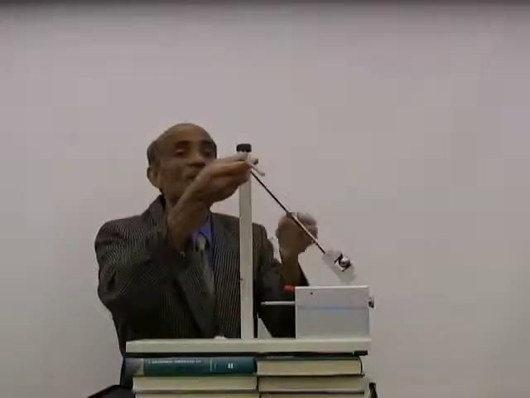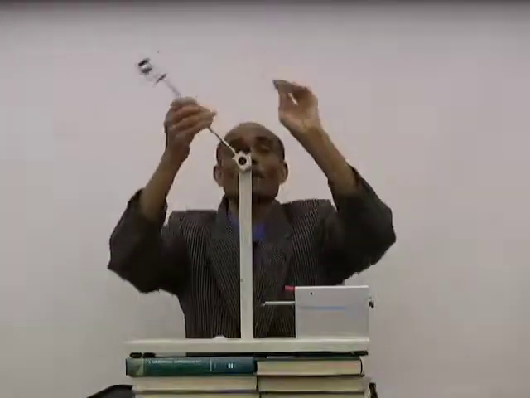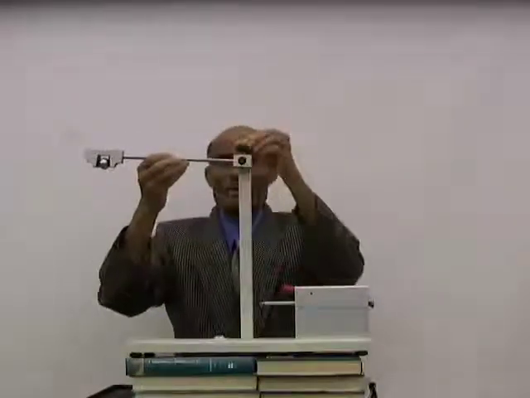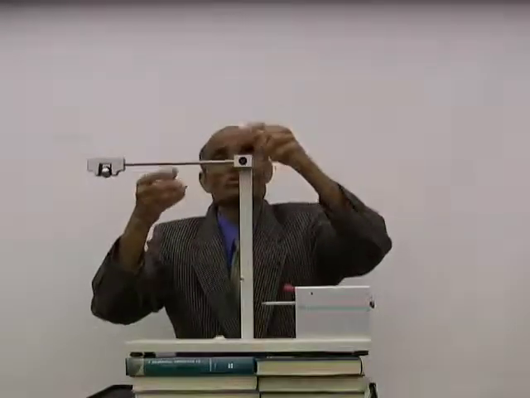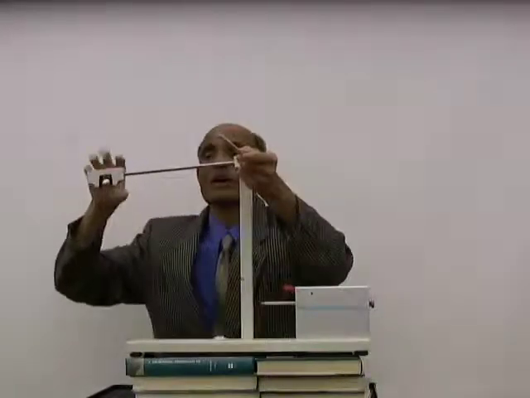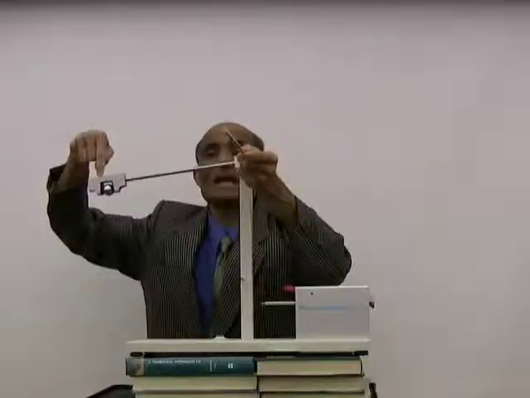In other words, the axis of rotation is at right angles to the plane of rotation. Now, if I want to produce a rotation about this axis and I'm applying a force at right angles here,